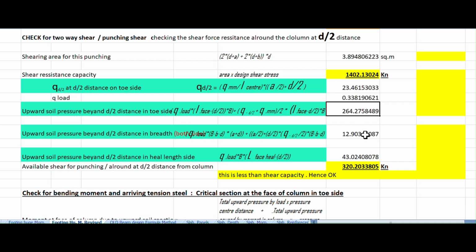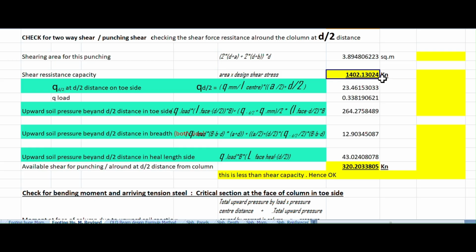Applying the same formula we arrived at in the previous image, on the heel side, using the same type of formula, adding all these things, this is the total shear force exerted over that d by 2 distance all round the critical section. This shear force exerted on the section is 320 kilonewton,